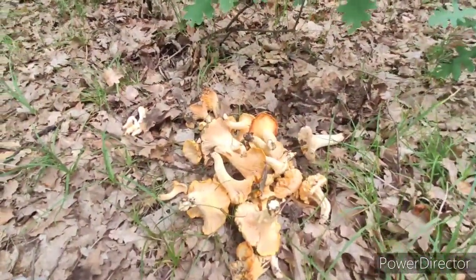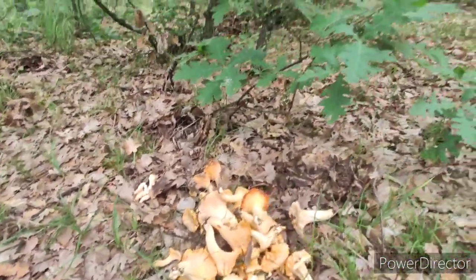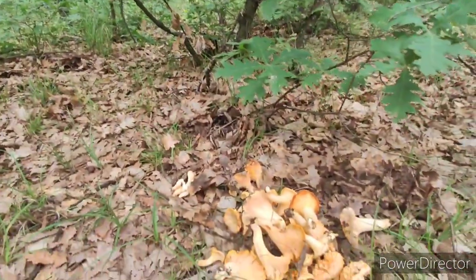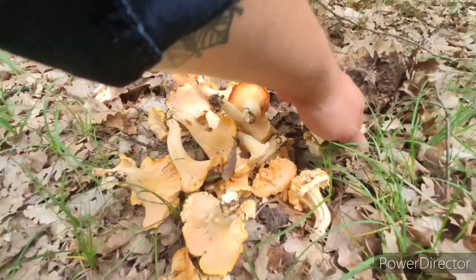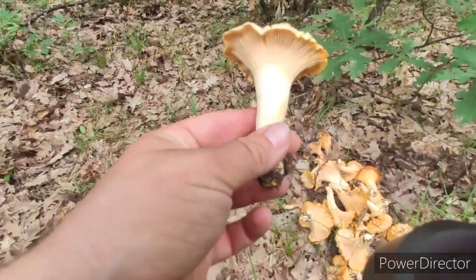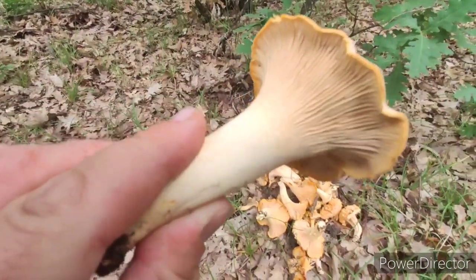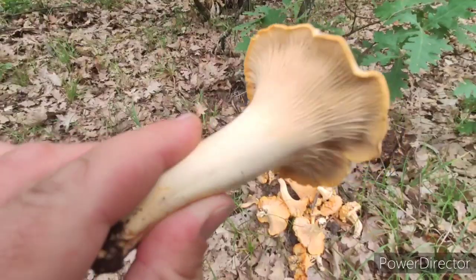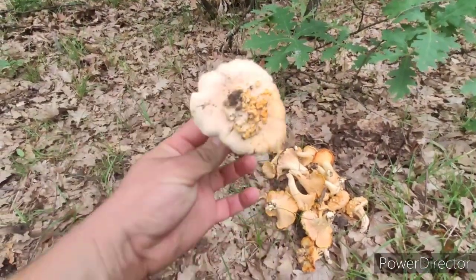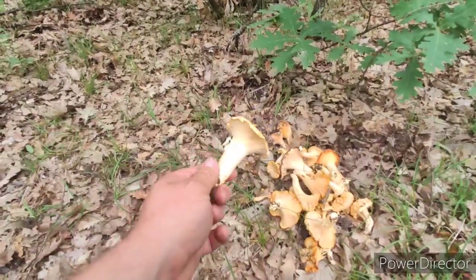So take a look at this. These are all chanterelles that I've just found in this little spot just all around here where I first pointed them out to you, and all of these came out from underneath the leaves. This one here is just a beautiful example of a classic chanterelle mushroom. You can see there how the gills kind of run down into the stem like that, this golden yellow colour. These have got some kind of slight deformation on top, which I don't know what that's about, but